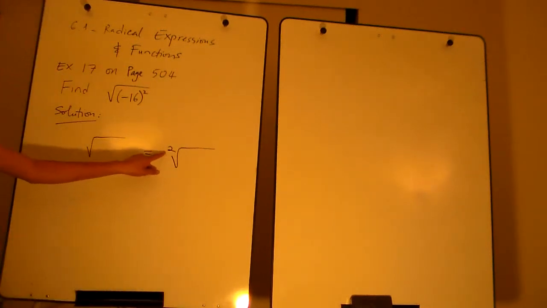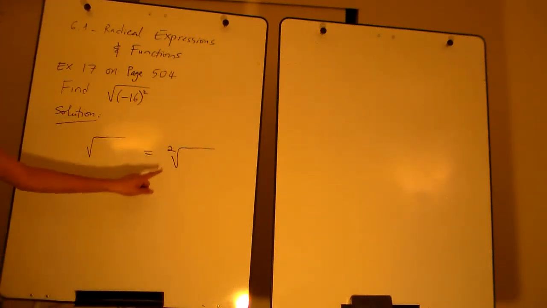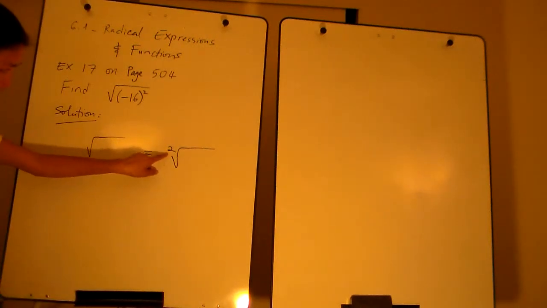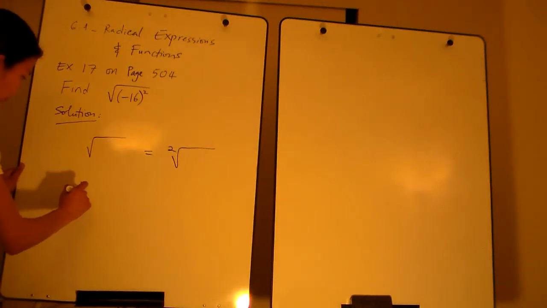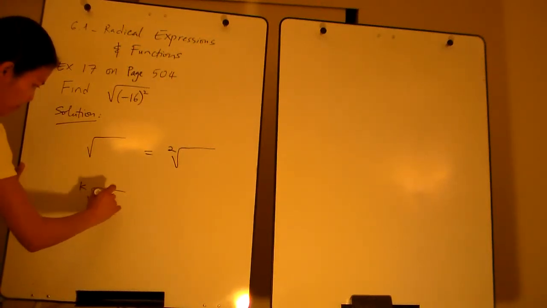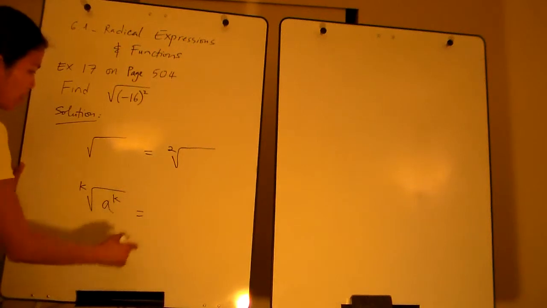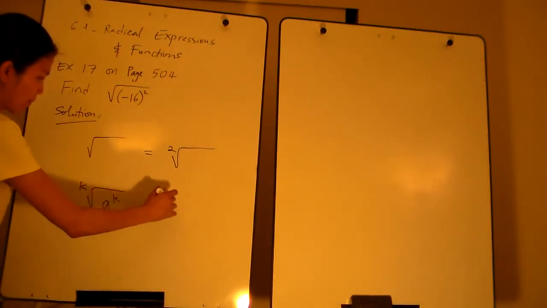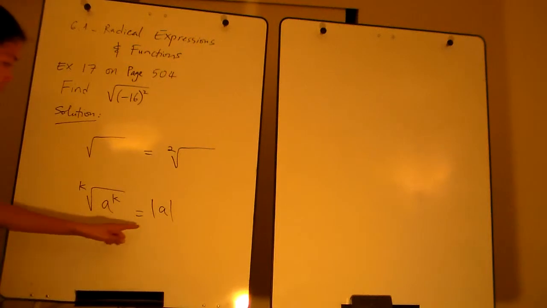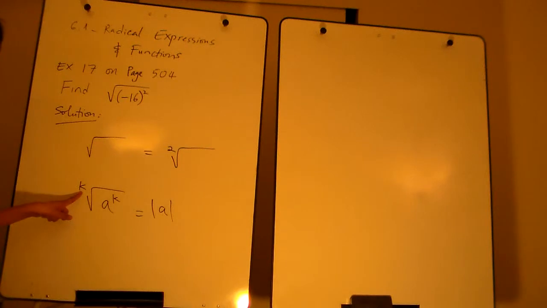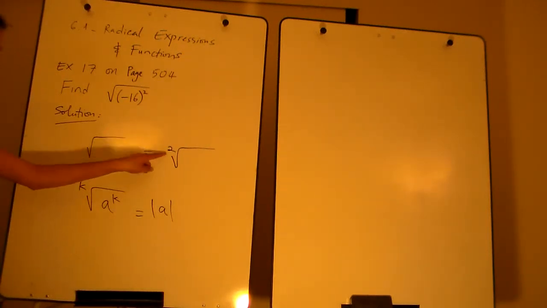there's a 2 here, which means the k-th root, where k is equal to 2. Now recall, if k is even, when you simplify this, it will equal the absolute value of a. We use the absolute value when k is even. Because we don't see a number here, it means 2, and 2 is even. When k is even, you always use the absolute value